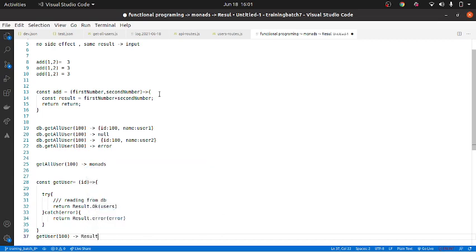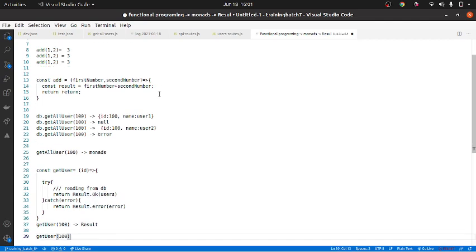Now I do it again. There is an error. What is the response? Result. It could be Result.Ok or Result.Error, but still it is Result. Now this is kind of making this into a pure function.